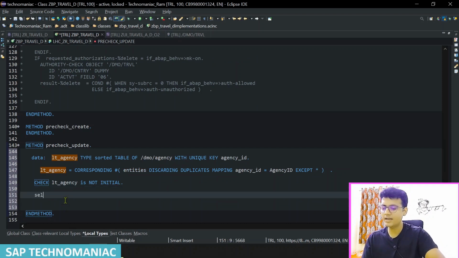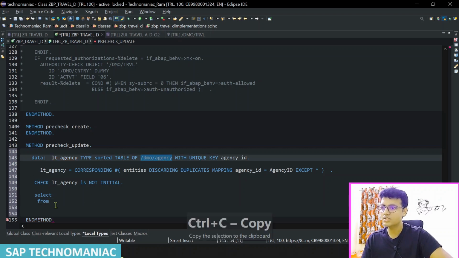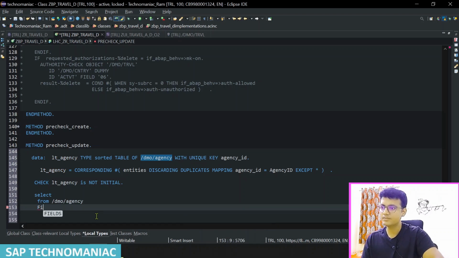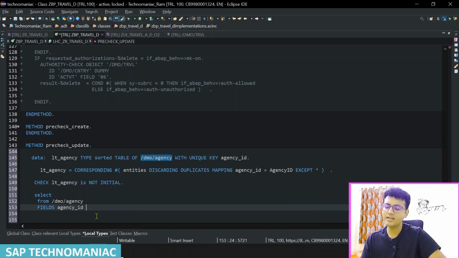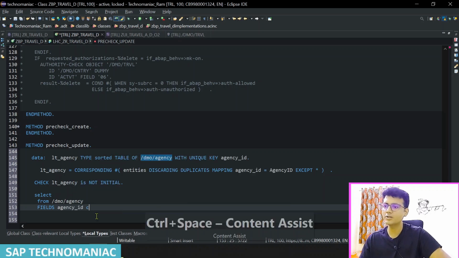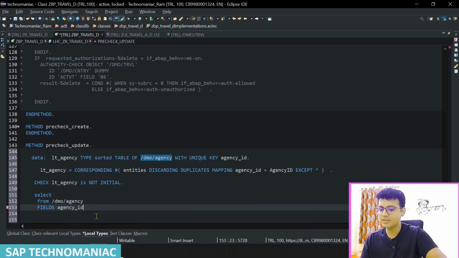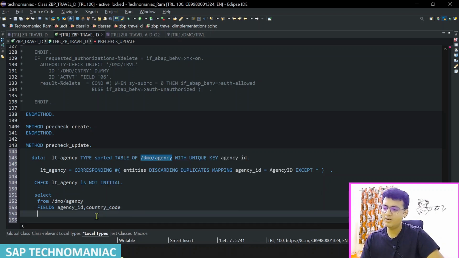And now I will hit my select from this table, Control C, Control V, fields, which fields I want. One, I want the agency ID, obviously, and second, apart from that, I want the country code. I have to write the comma separated list obviously, then only I will get the help from this table, where I have to pass for all entries. I can pass for all entries in Control C,